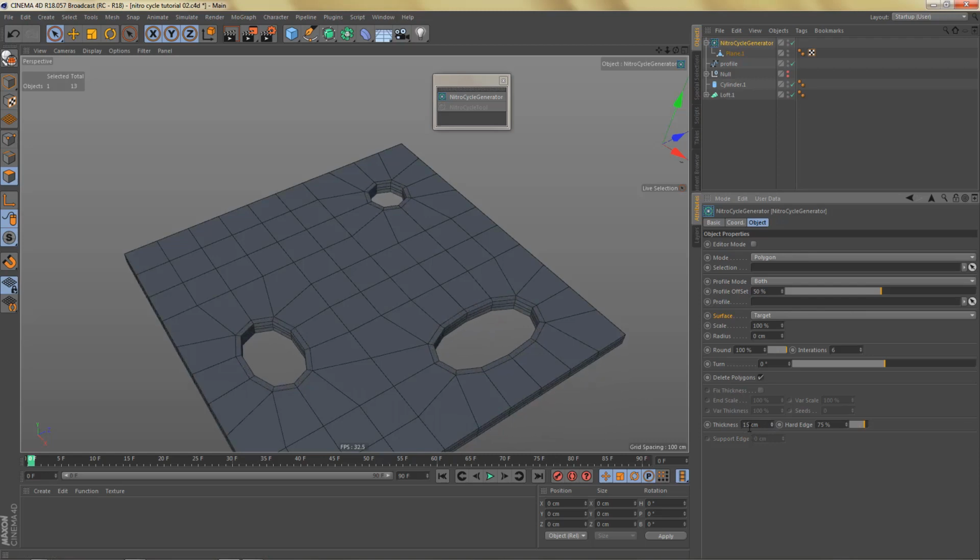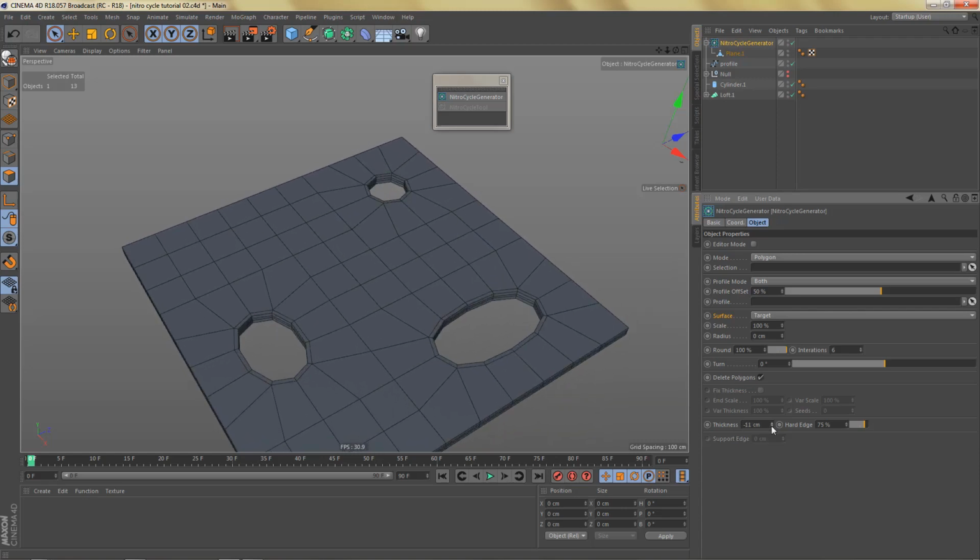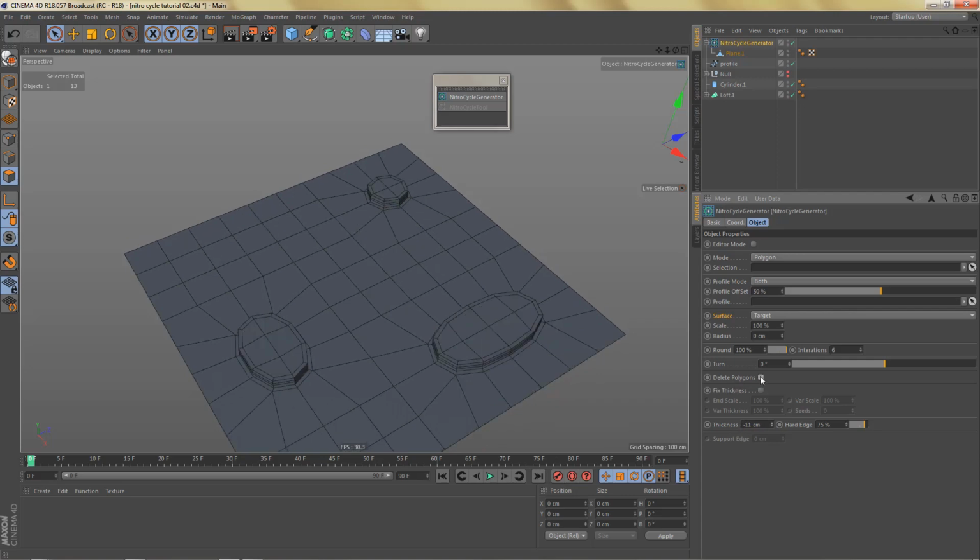entering a number down here. And the option is still grayed out. That is because if you want to use that, you will have to uncheck the delete polygons option, which means that in this case we're getting closed geometry. So we can define the thickness, we can go up or down. If I go negative, it's not going to have the desired effect here. In order for the negative numbers to work, again, you will have to uncheck delete polygons, and now we're extruding